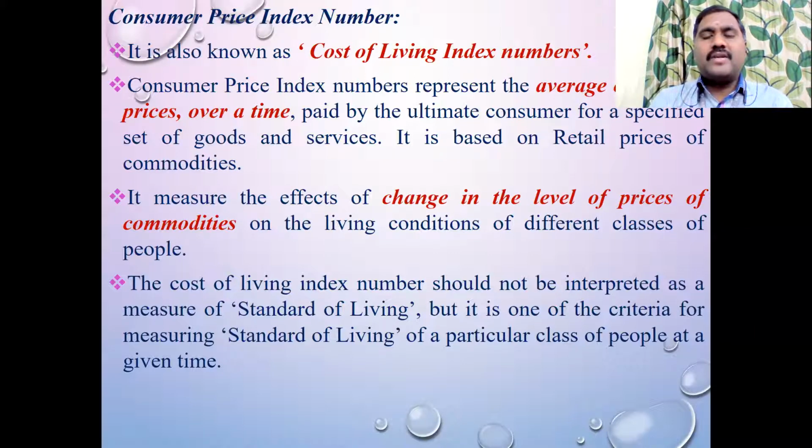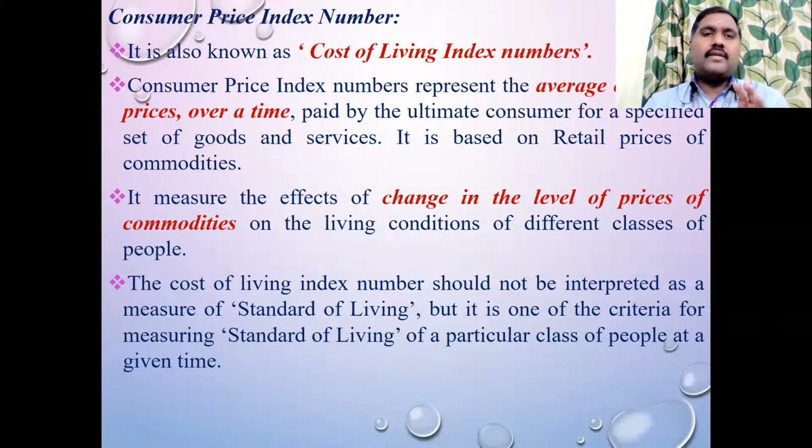And also yesterday we completed the weighted average of price relative method. When you are working out the problems under weighted average of price relative method, I told you it depends upon the given value. Okay, please make a note of it. If W weightage is given and the P value is given directly, you can use the first formula, summation WP by summation W. If they are given the index value I along with the value V, then you can use the second formula, summation IV divided by summation V.